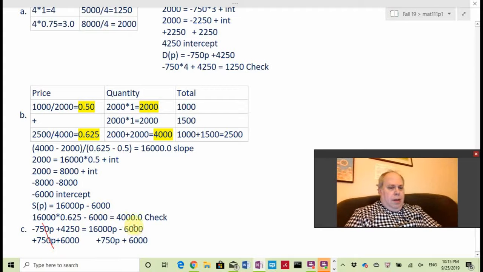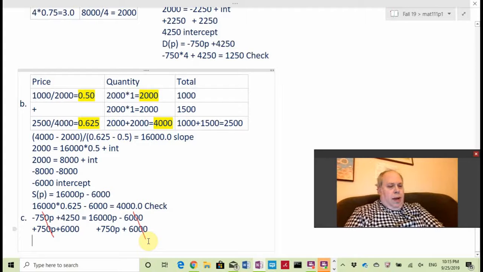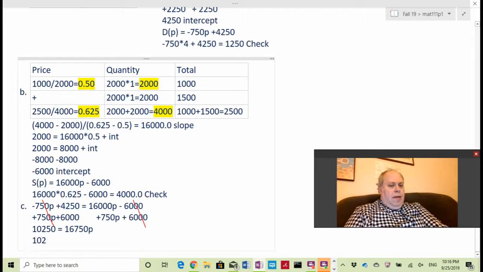Here, the 6,000s will cancel. And what we're going to end up with is 10,250 equals 16,750 P. So if we take 10,250 and divide it